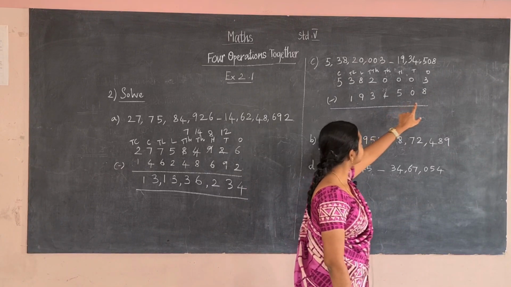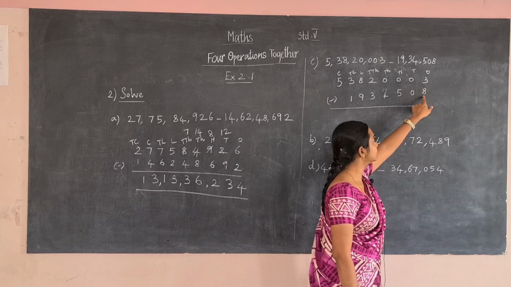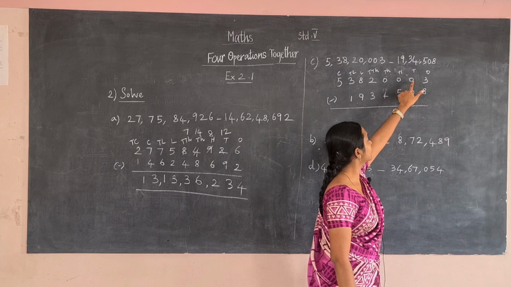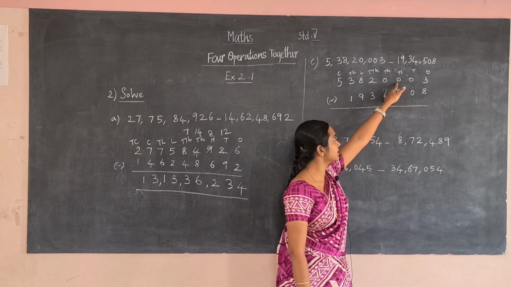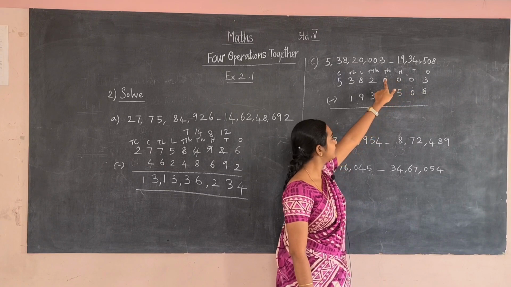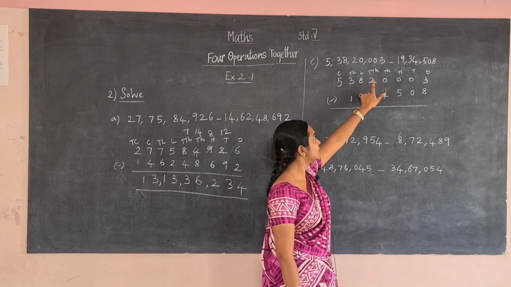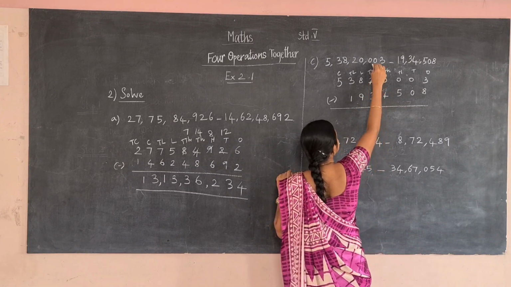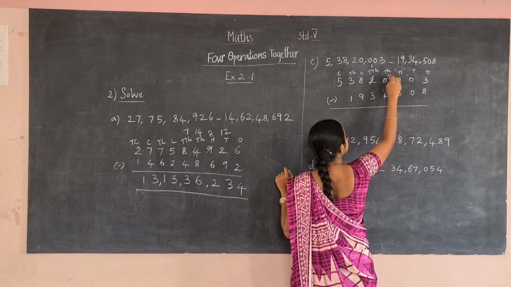See here you have to subtract 8 from 3. 3 is smaller than 8. We cannot subtract. So you have to borrow from the before number. The before number here is 0. So move to the before number. The before number here also 0. So move to the before number. Here also the number is 0. So move to the before number. We are going to borrow 1 from 2. So 2 will be changed as 1 and 0 will be changed as 10.